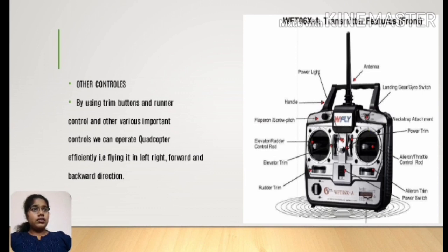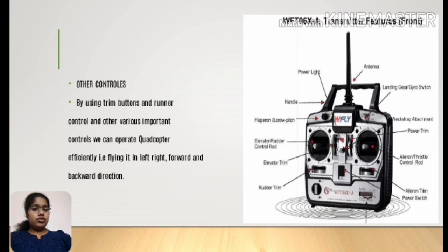then it affects the speed of the 2 propellers which are situated at the front side of the drone. It reduces their speed and results in the forward movement of the drone. Similarly, as we move this throttle rod control in the downward direction, it decreases the speed of the two propellers which are situated at the back side of the drone, resulting in the backward movement of the drone.